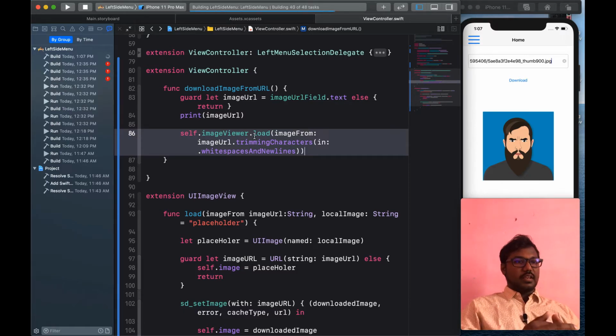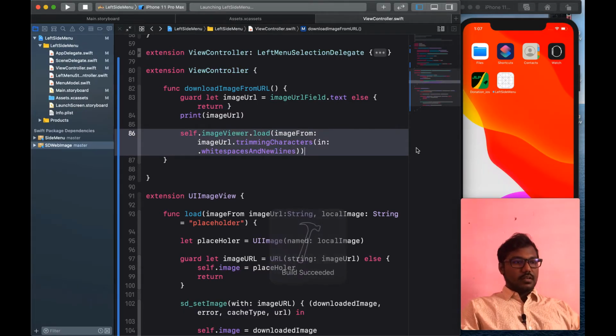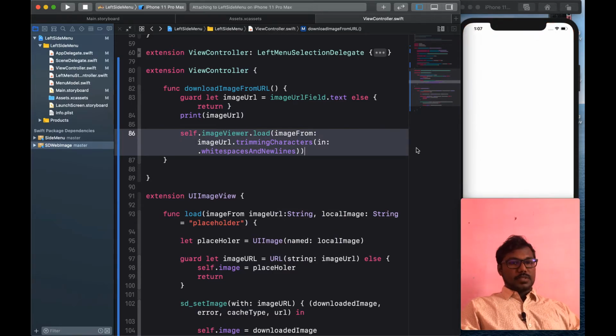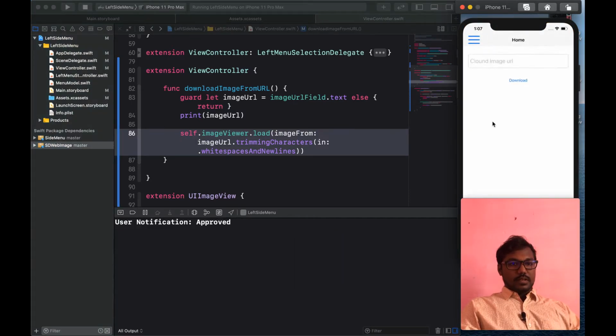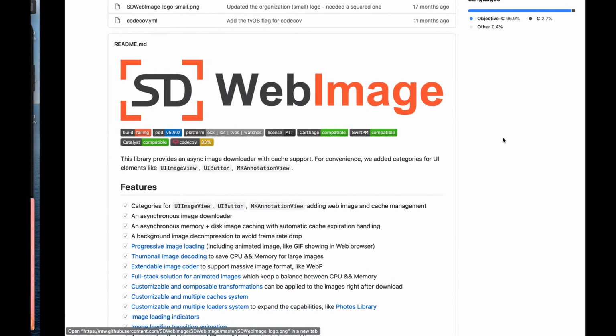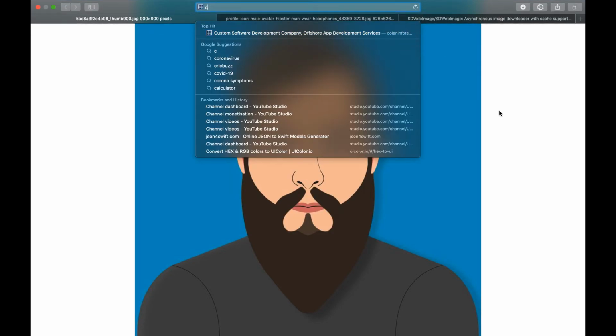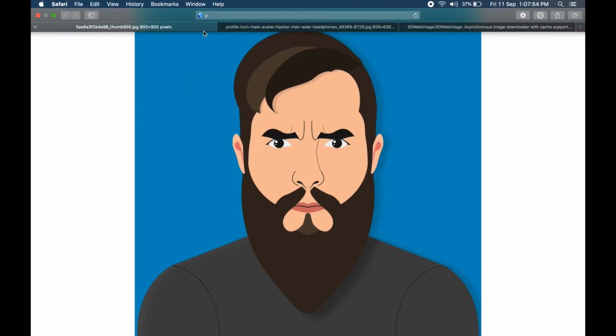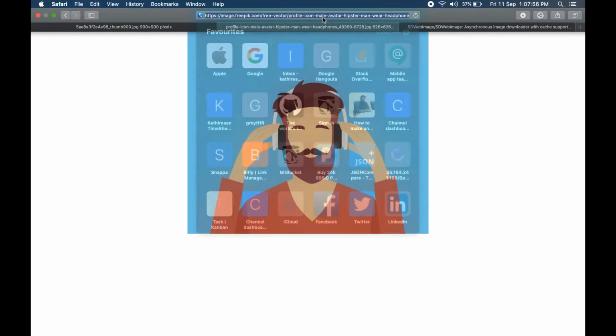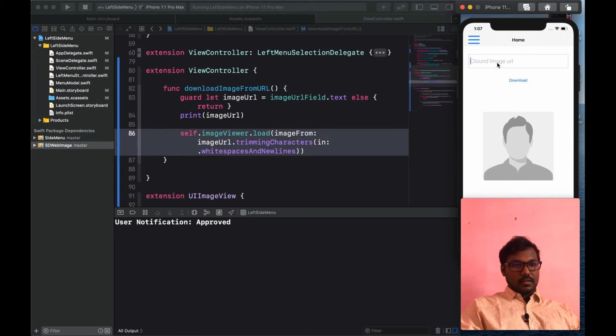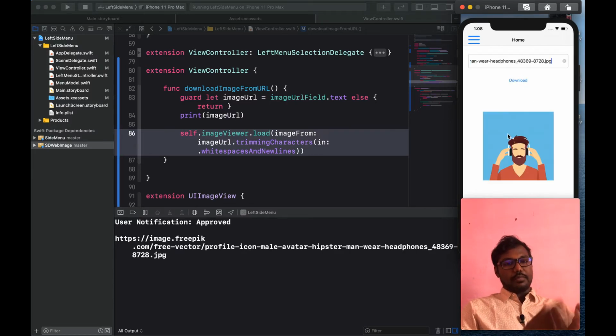As we can see on our simulator, when I tap the download button without giving any URL, I get the placeholder image. When I get the image from another URL, I paste it here and tap download.